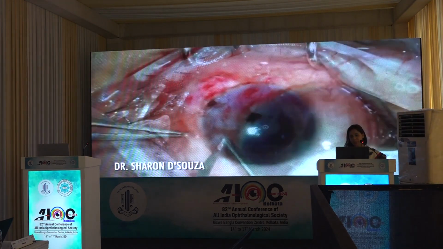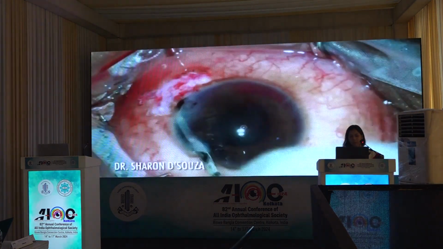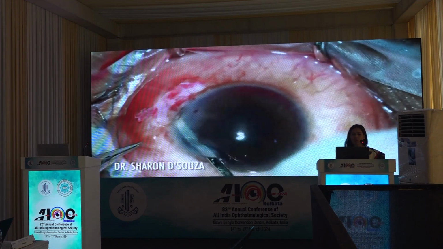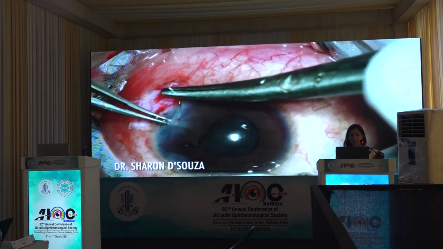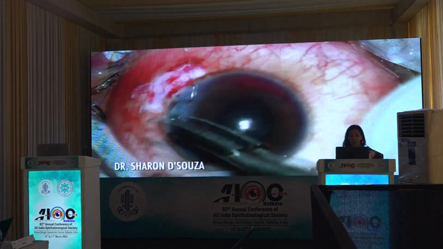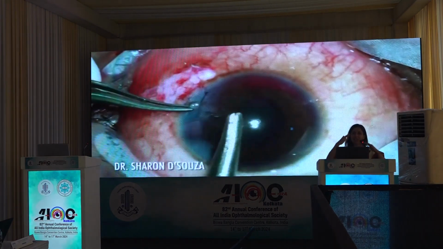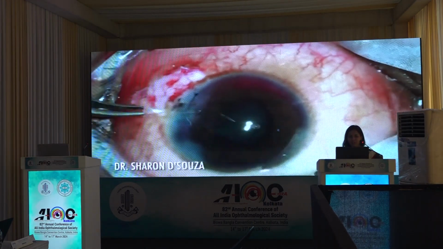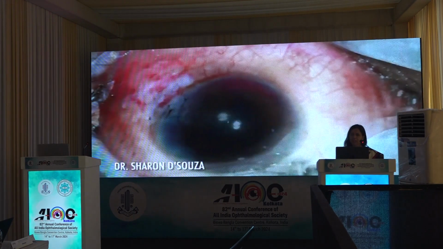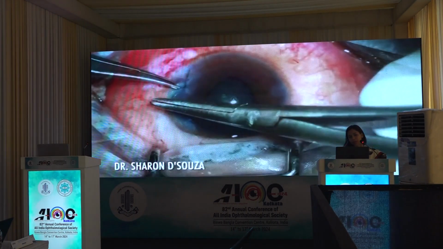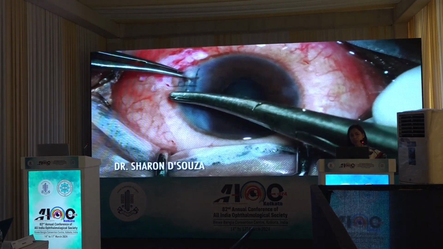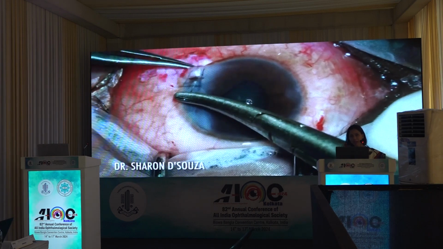Reposit any iris that may be there. Put the limbal sutures. Now this looks like a very small wound, and once the iris is reposited, you start suturing. But once you actually explore the wound, you will see that it's actually a very, very jagged wound. This was a glass injury, and so there were multiple jags at different areas. Not to be daunted by something like this, you just have to, very patiently, see where the breaks are